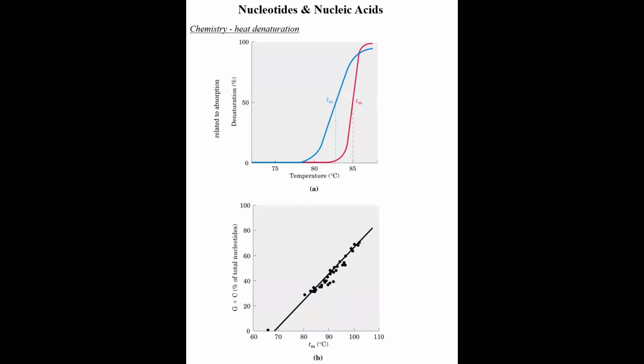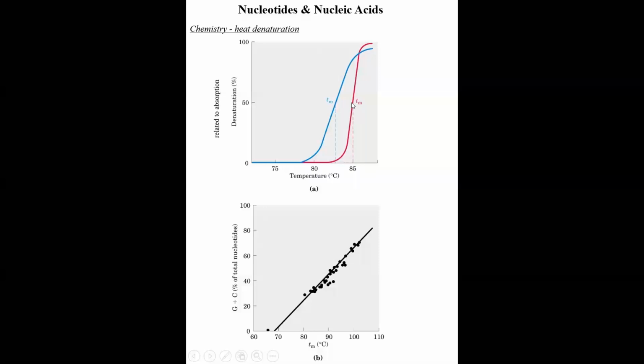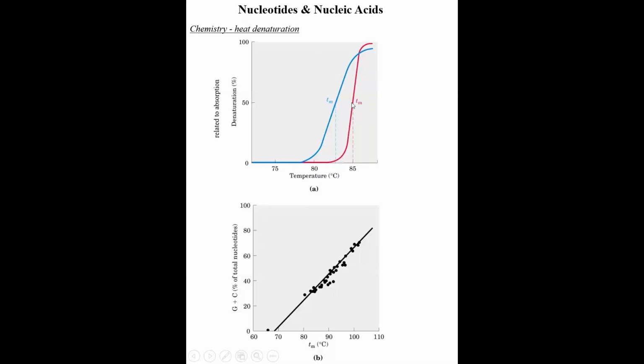And you can see here with this diagram, Tm represents the melting temperature. When we heat any DNA molecule, when we increase the temperature from 75 towards 80 and 85, then the Tm is the temperature where DNA melts completely, okay? It increases gradually because partial denaturation of DNA is quick, but complete denaturation is a slow process.